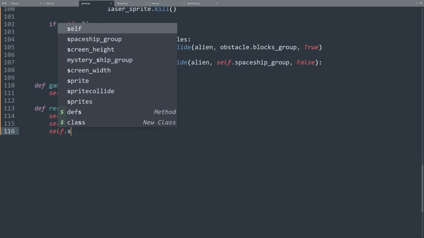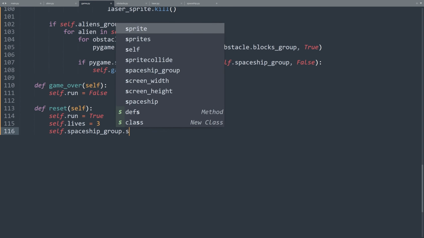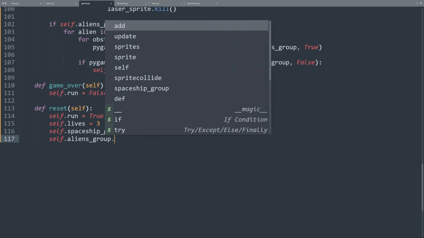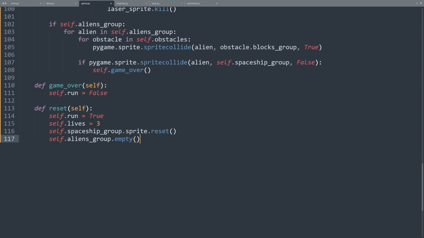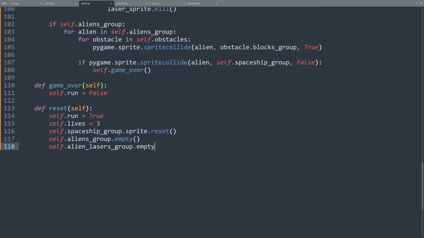Great! Now let's go back to the reset method of the game class. Let's call the reset method of the spaceship, self.spaceship_group.sprite.reset(). Okay, the spaceship is now reset. Now let's reset the aliens. That's easy. We first have to delete all the alien sprites from the aliens group and the alien lasers from their group. self.aliens_group.empty() and then self.alien_lasers_group.empty().